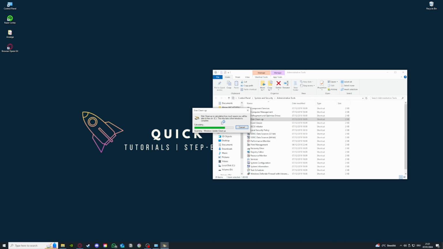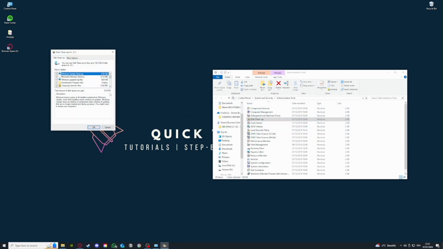And as you see with your SSD, there is a lot more to select. So I'm just gonna go over that for a second. You see, especially my Windows Update cleanup is very big. So we definitely want to select this, and basically you can select whatever you want here, but you should always be careful